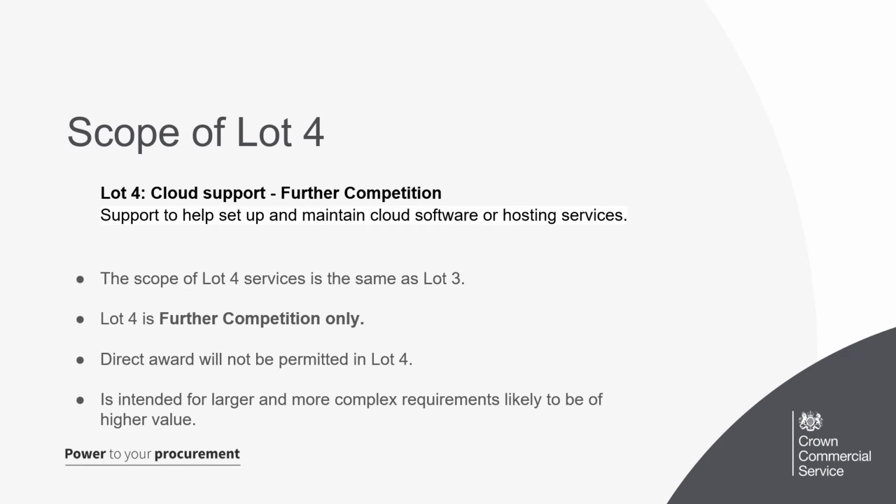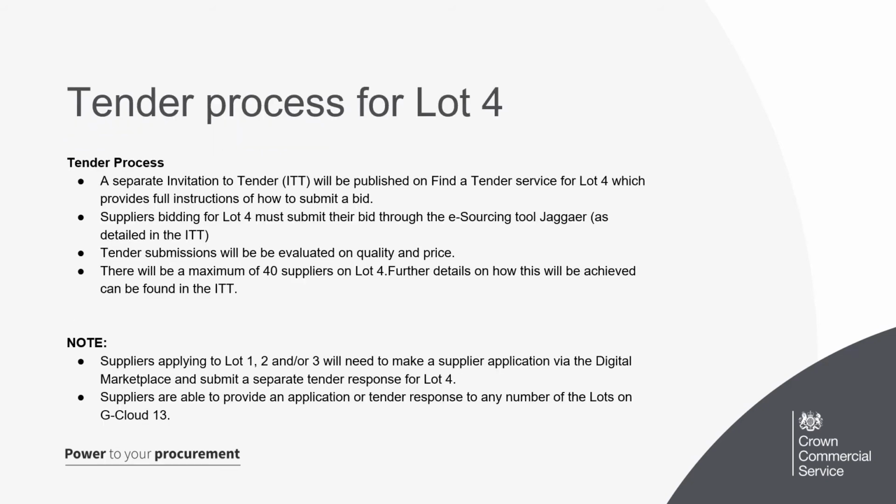If you wish to provide these services via the electronic catalogue via direct award, you need to be applying to Lot 3 via the process described earlier. Because this lot is intended for further competition only, we cannot procure it in the same way that we procure lots 1 to 3, and the procurement will not be conducted on the digital marketplace. A separate contract notice will be published containing the links and instructions on how to bid through our e-sourcing platform,